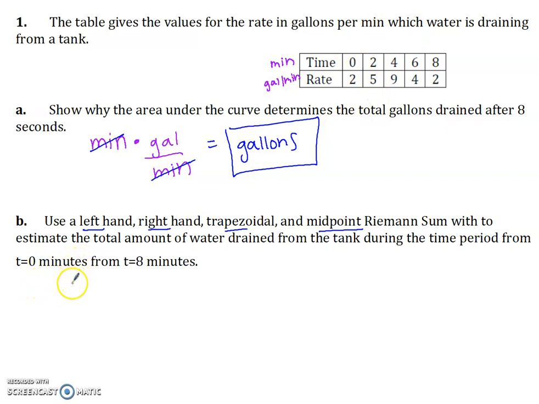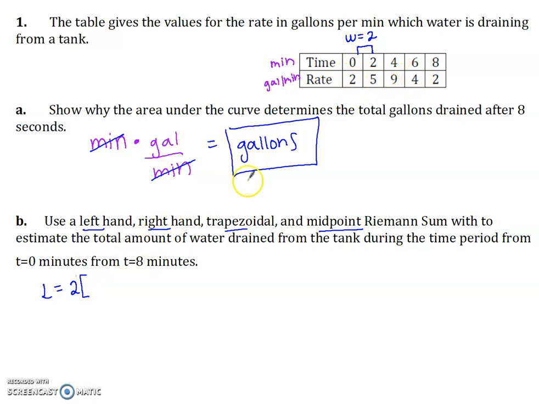So the first thing you want to do when you have a table is look at your x values, which are the ones on top. You want to look at how they're spaced, and these are all evenly spaced. Okay? And that's always going to give us the width of our rectangles. So the width of all of these is 2. So when they're evenly spaced, I can just take the width and put it on the outside